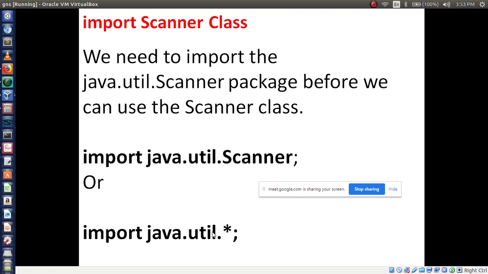We have to write the package name at the beginning of the program. To write a package name, we use import java.util. In this package, the Scanner class is available. Is that clear? So the first line should be what? import java.util.star. Dot star means what here? What is the meaning of dot star?